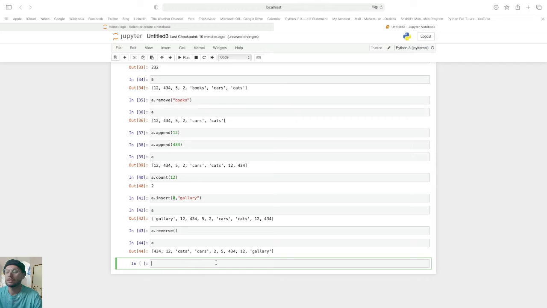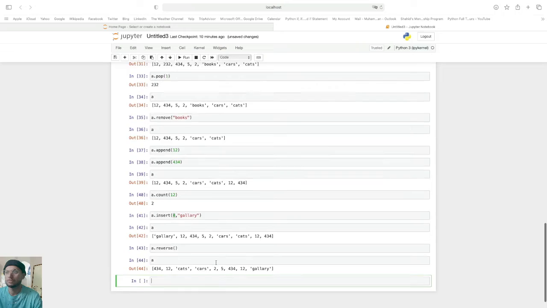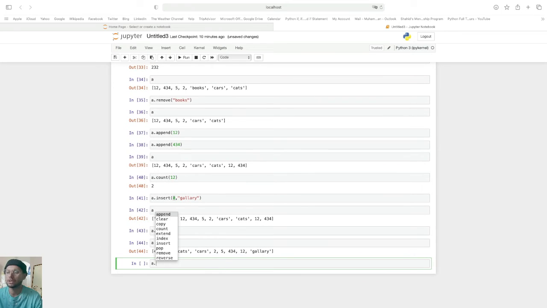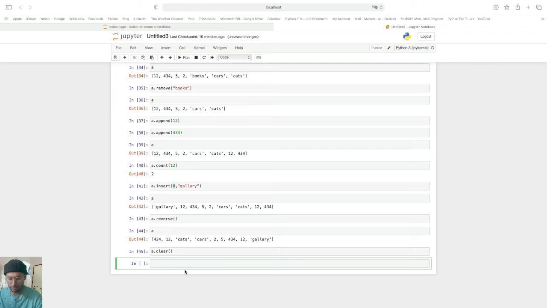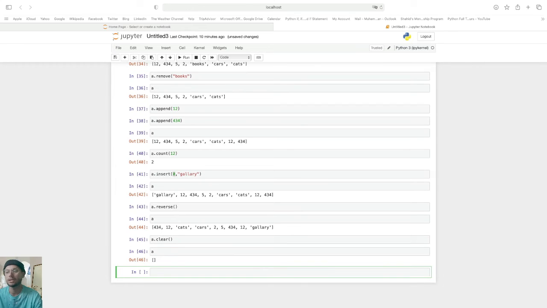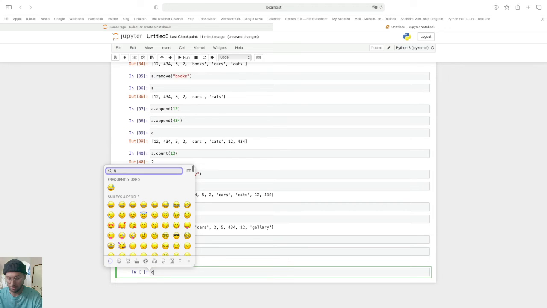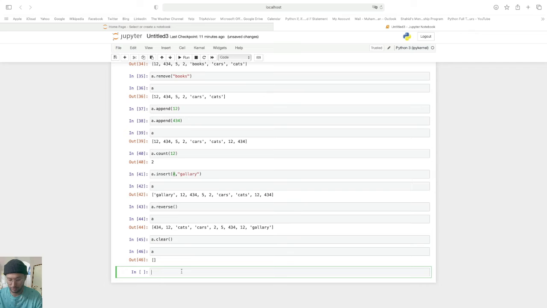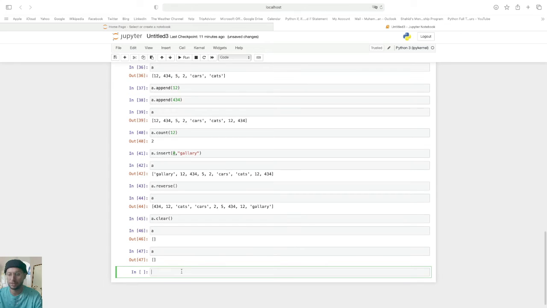If I do something like a dot, let's check others. If I do clear, it will wipe all the list, and the list is empty now. So I can make another list, suppose b, because a is finished now. If I press a, it will always be empty. So b is equal to